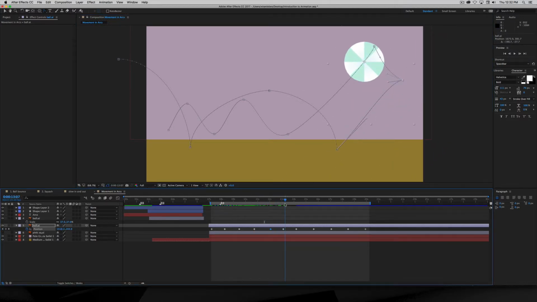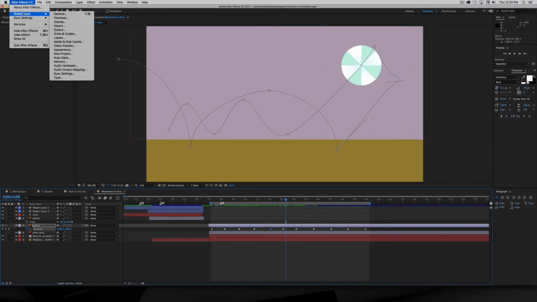Bounce, bounce. Now I'm hitting here again. So you will notice that as I scroll through time, it looks like my motion path is starting to appear and disappear. Now, the reason why that is because of one of the ways that the preferences are set in After Effects. If I come up to After Effects and choose Preferences,